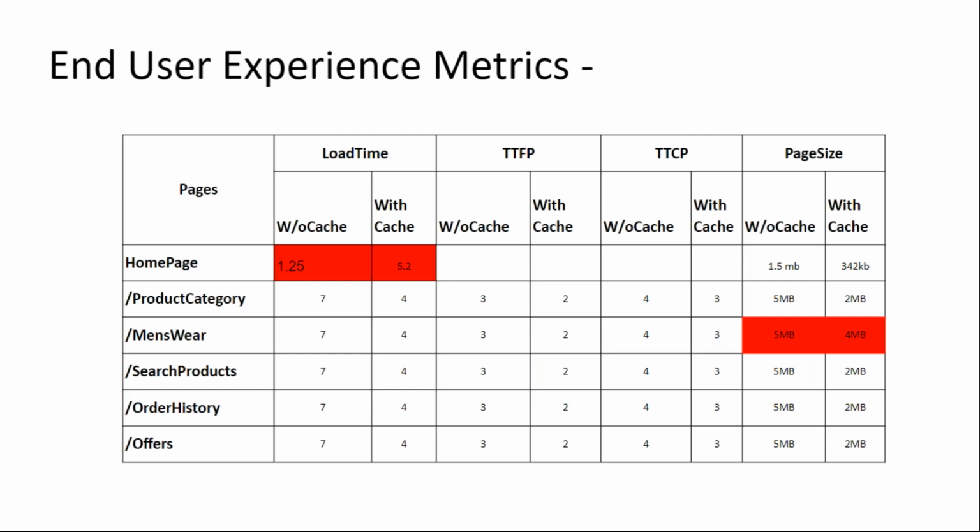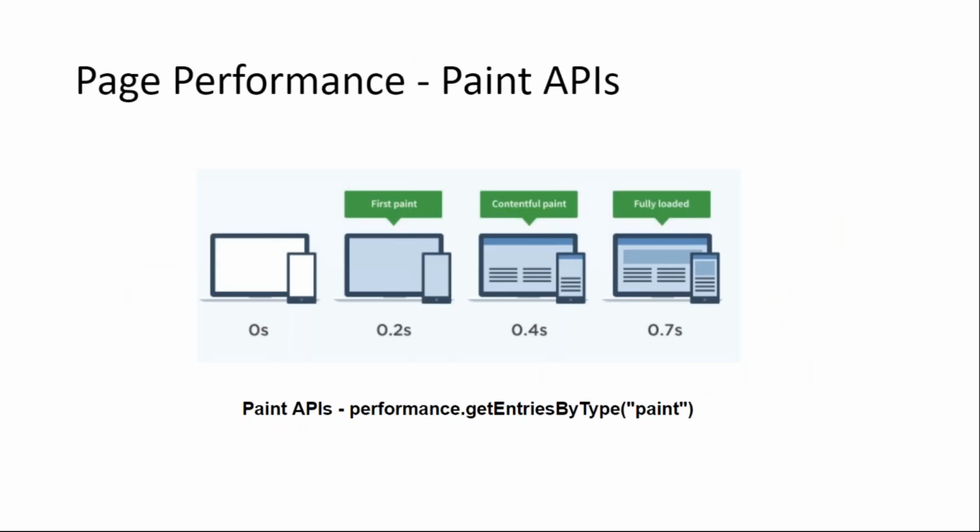Okay, so before I do all these things using a developer tool, I will spend some time on these APIs as well before I go to Chrome. There are two APIs available in the browser for getting the performance metrics. One is going to be your paint APIs. So the paint APIs, to put it very simply.